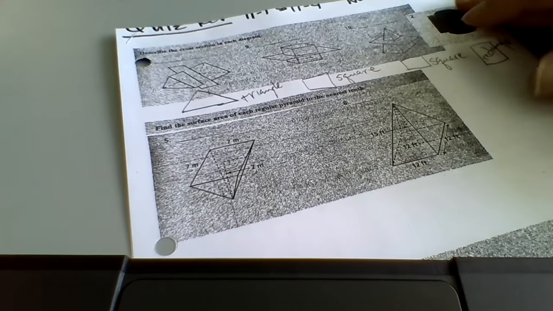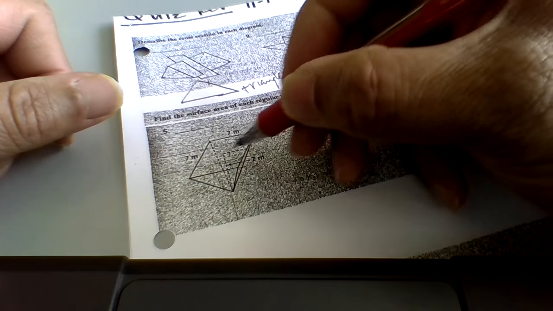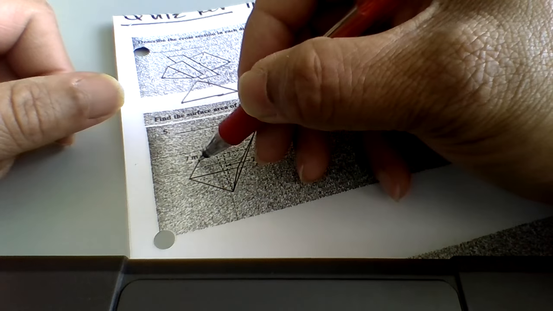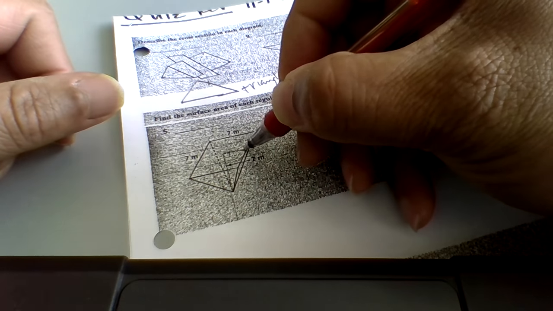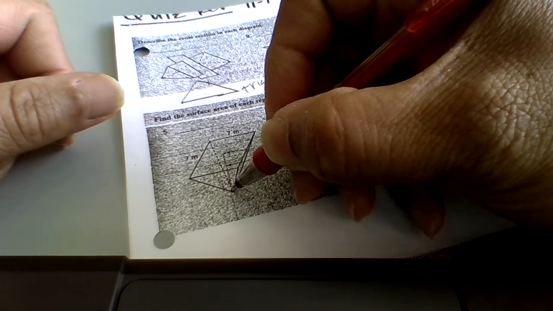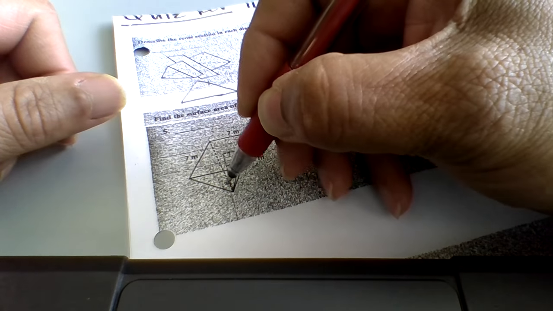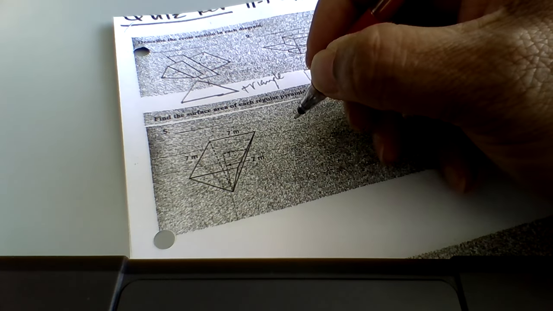All right, the next part, you have to find the surface area. And in order to find the surface area, I need to know what this height is on this triangle. And if you take a look, here's a right triangle right here that goes back down. And this line that goes back down on a slant is the height of the triangle. So in order to do that,